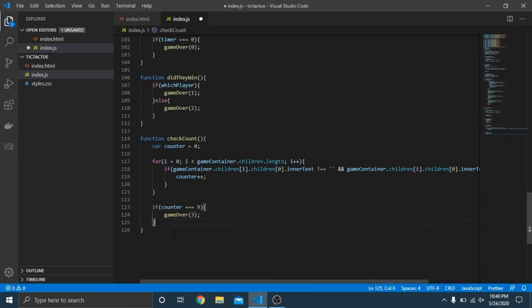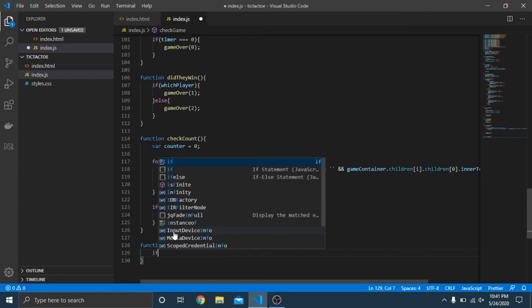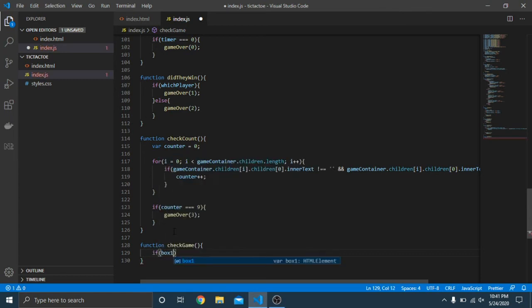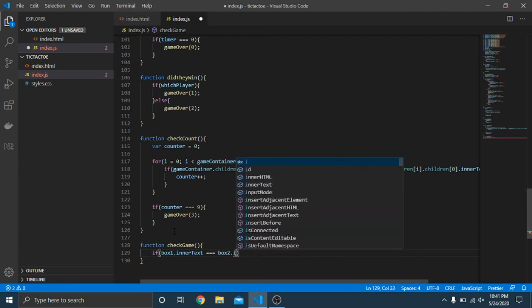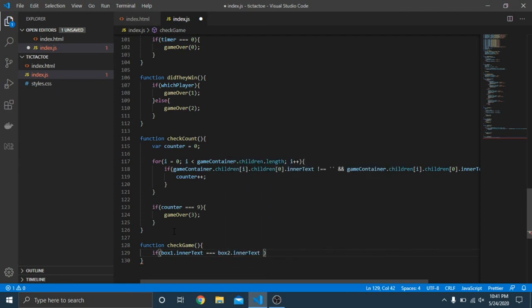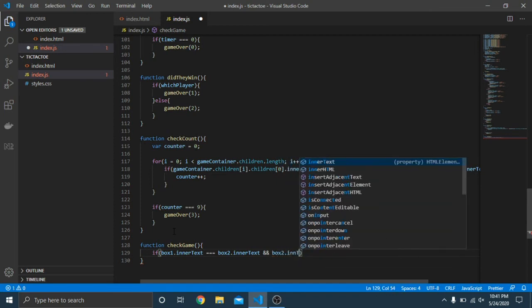All right, so function check game. Here I'm going to type this out; this one's going to be a lot, but if you have the source code already, you can probably just put that in there. But I'm going to type it out again. So we'll do inner text is equal to box2 dot inner text and box2 dot inner text